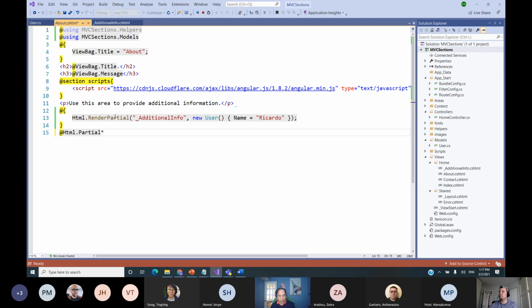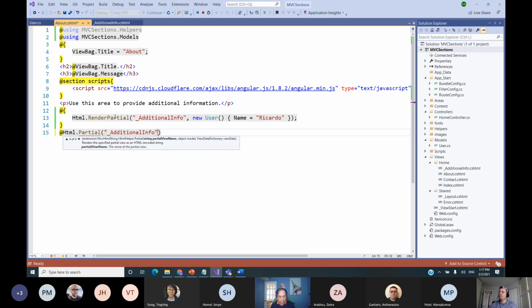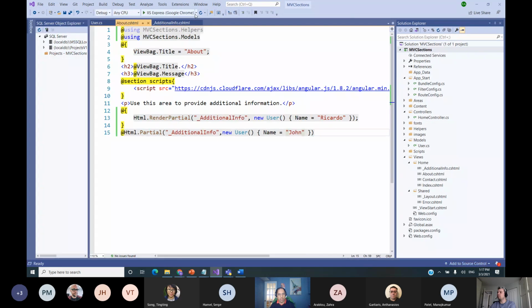There are two ways to do the same thing. I can specify the same thing like that. So if I run this again,